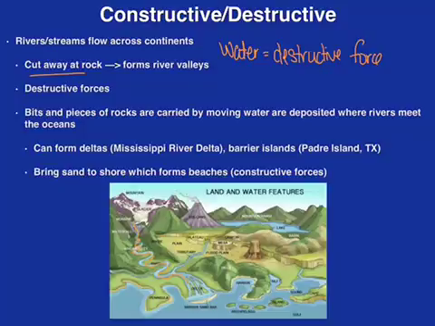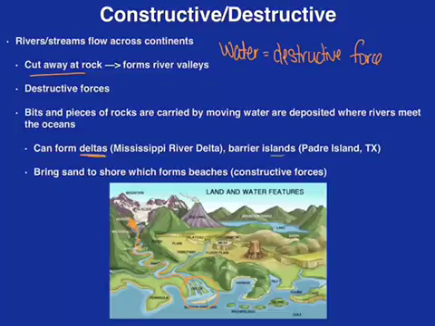Bits and pieces of rock get carried by that moving water, and then they get deposited where the rivers meet the ocean. So right in this area, all this water from up in the high end of the mountains is carrying sediment down, and when the river meets the ocean, that sediment gets dropped off. This forms something called a delta